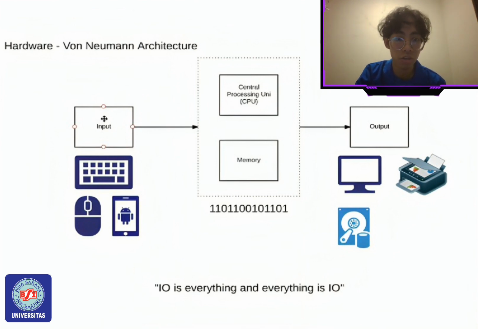The model that we use today is called the von Neumann architecture, and it consists of really three main components. The first thing is the input device. This is what gives input into the computer. With a keyboard, you can type keys and enter characters as input into the computer. A mouse is also an input device. As you move it around, it gives input to the computer about where to move the cursor, whether to go up or down. It's giving signals to the computer.